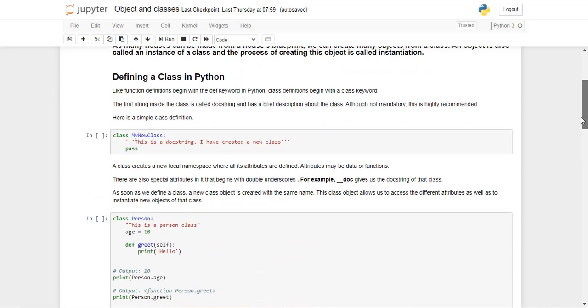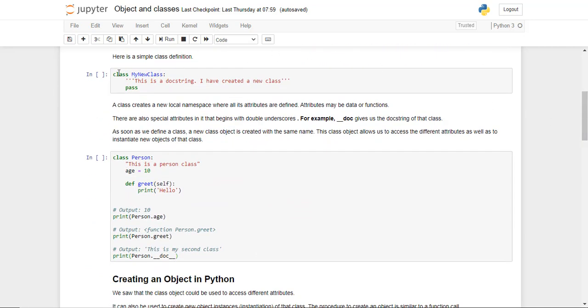So the basic syntax of creating a class is something like this. Give it the keyword class, then you pass the name of the class and then the body of the class. It is a convention to have the class name beginning with a capital letter. Unlike other variables in Python or function names where you begin with a lowercase letter, you conventionally start a class name with the uppercase letter. Now the first thing inside a class is usually called a docstring, which is a sort of description of the class. It's not mandatory, but it's a good idea to have it there.